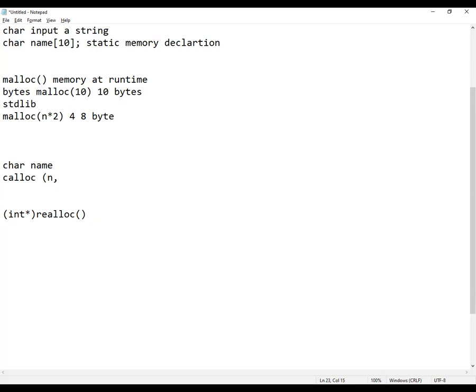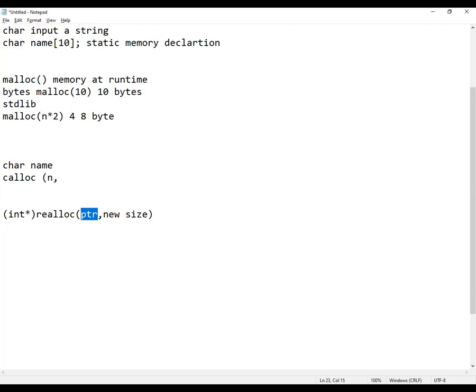Now see, one change: we require a pointer variable, and we require how many blocks you want to allocate. Like 20 blocks, 30 blocks, whatever, the new size. This should be the new size. So in this section we will find the new size, and this is the pointer. It means that it will allocate